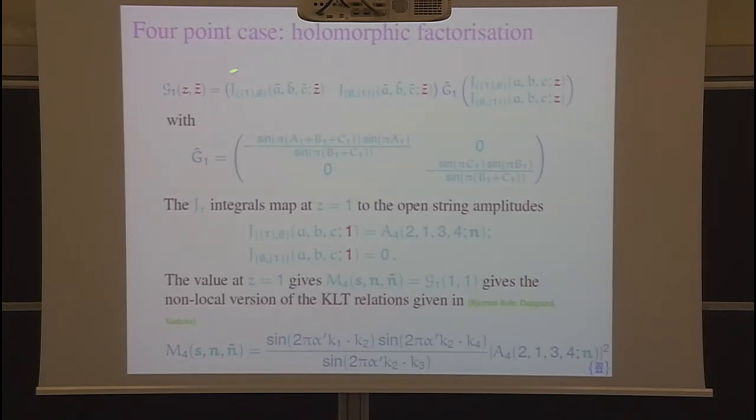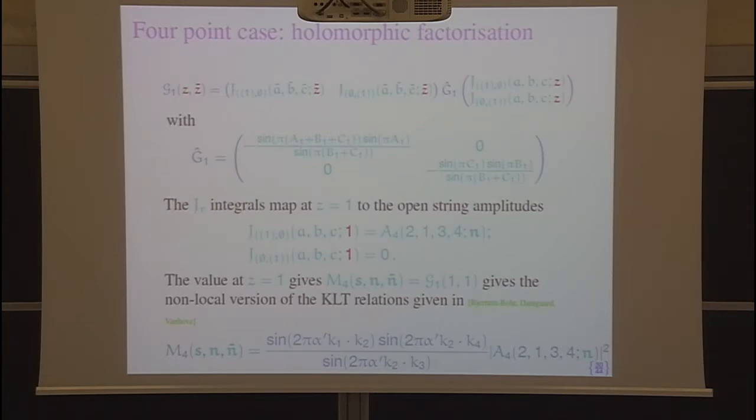So if you do that for the 4-point case, you solve this correlator, and you find that the matrix, because it's just 2 by 2, has zeros, and then here a rational function of the kinematic invariant. This object turns out to be the open string amplitude. Actually, in the J basis, when you evaluate it at 1, this is 0, and this is just the open string. So you find that your closed string building block is the square of an open string amplitude